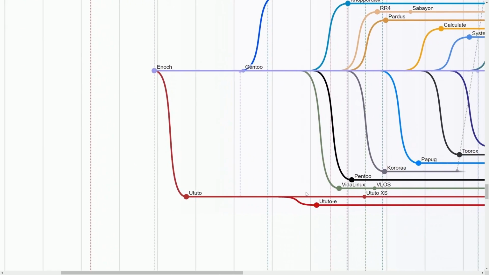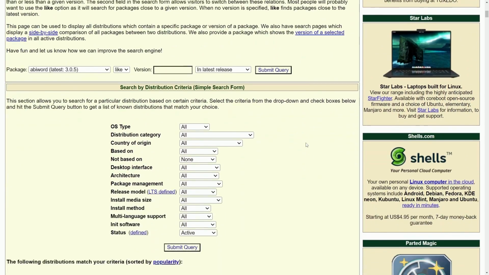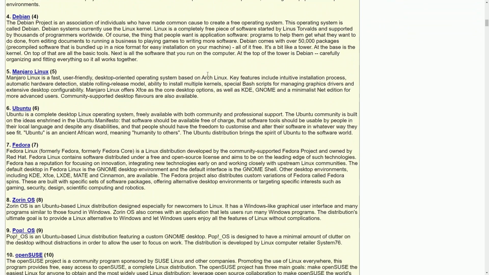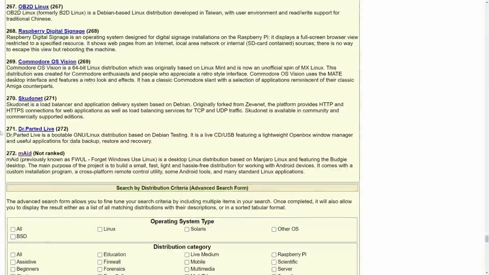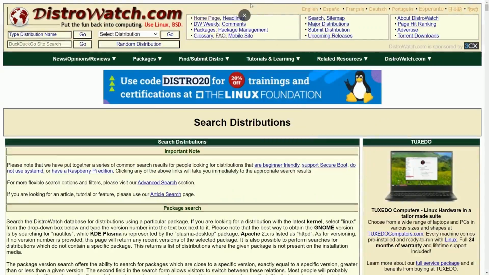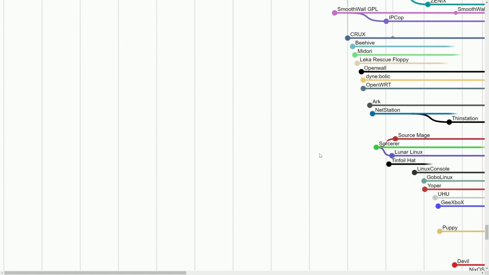More and more are being developed every single day. There is a site for following what distributions are being released, and if you're unaware of it, it's called distrowatch.com. It shows many distributions which you can read summaries about, get information on, etc. According to DistroWatch, there's around 272 distributions that they're currently active and following, which is nowhere close to the amount that's in the timeline. That's because a lot of these projects have gone stale.